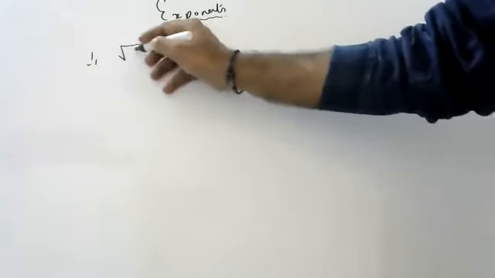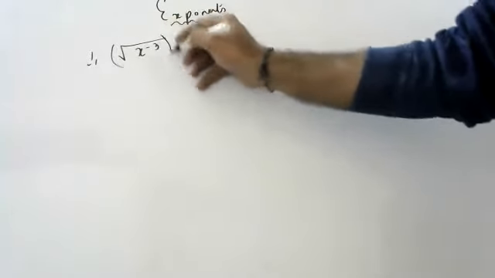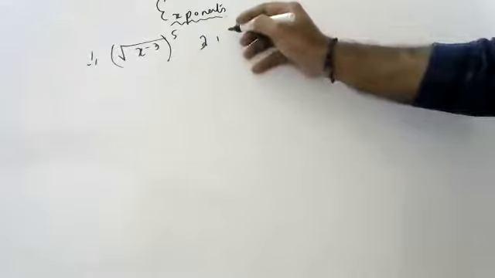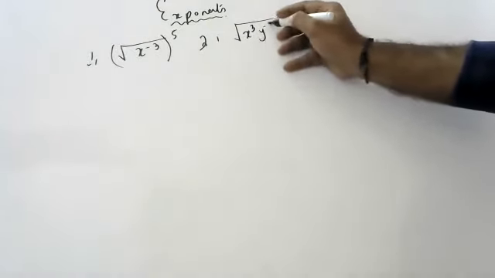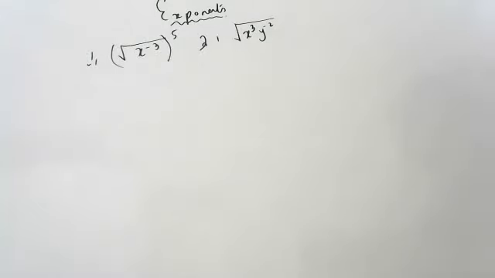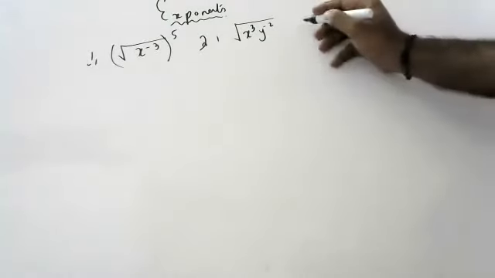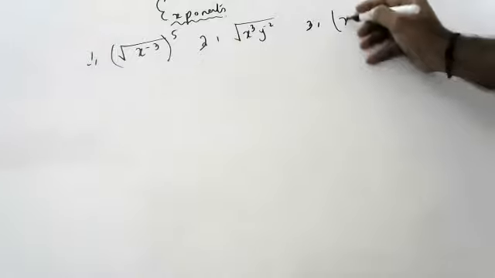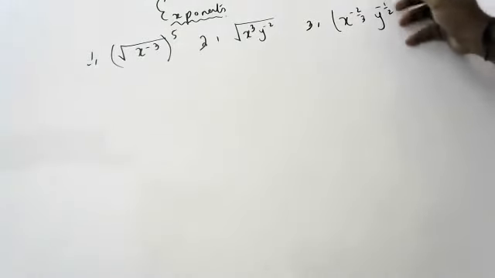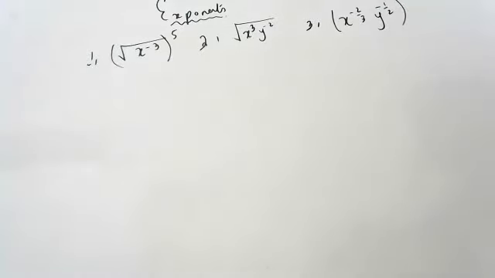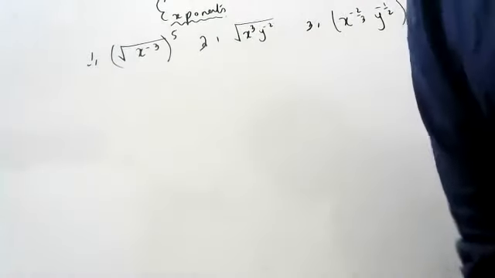Root of x cube minus 5. Second question is root of x cube y minus 2. Okay. Third question: x to the power of minus 2 by 3, y to the power of minus 1 by 2, 4 to the power of 2. Okay. Three sums, Vedant. Vedant, you tell these three sums.